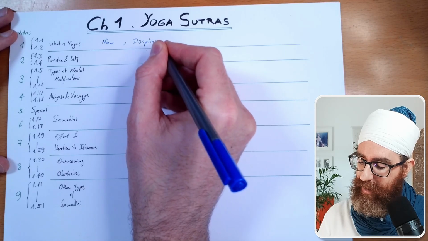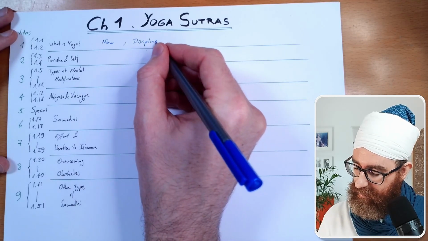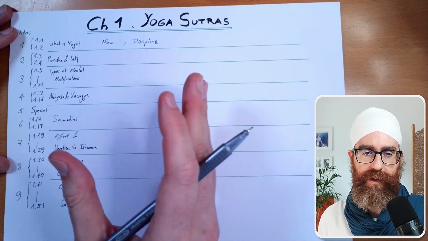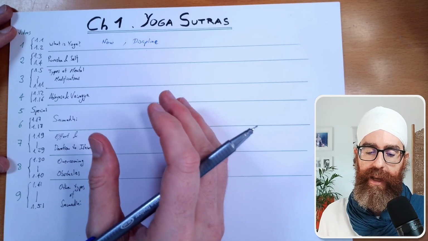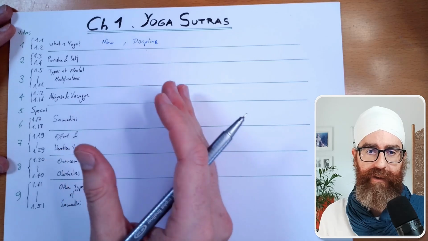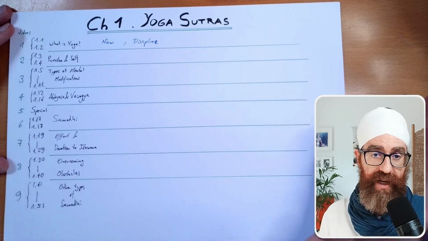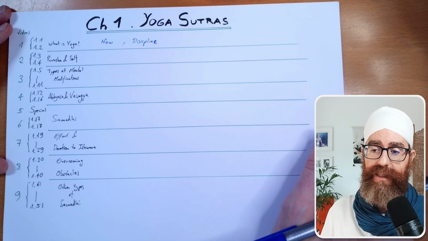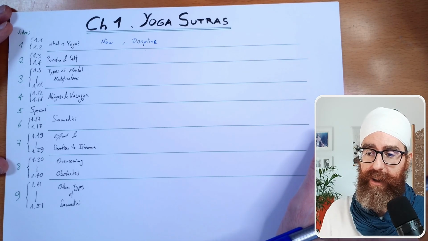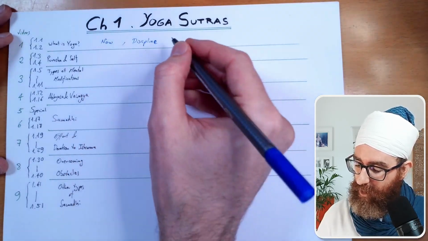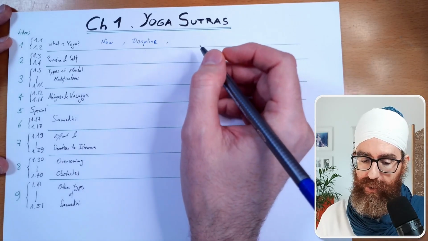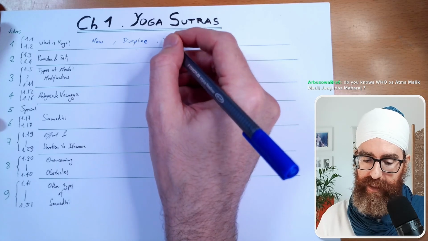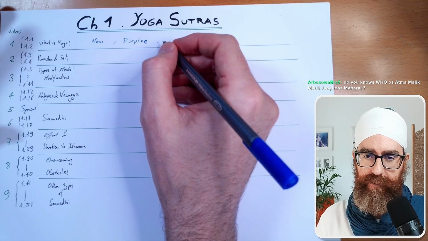How yoga is discipline. Yoga is something that requires some effort, requires practice, requires commitment. And at the end of the day, it's a discipline that you have to take to reach the objective that you want to reach with this yoga. And what is that objective? Well, that's the definition of what yoga is, which is given in the 1.2, and that is the objective, this final objective.